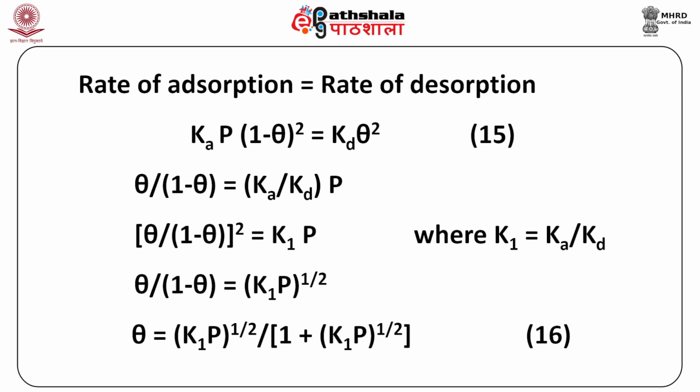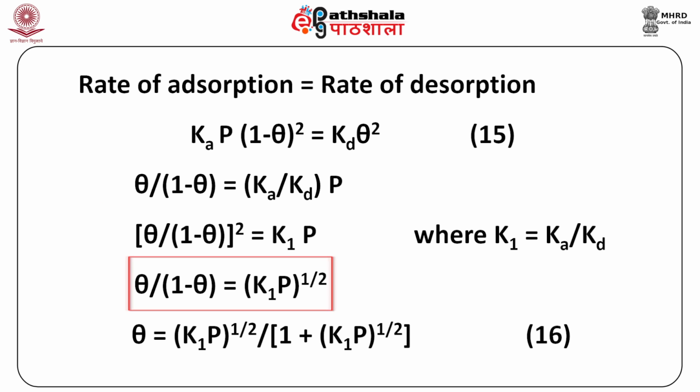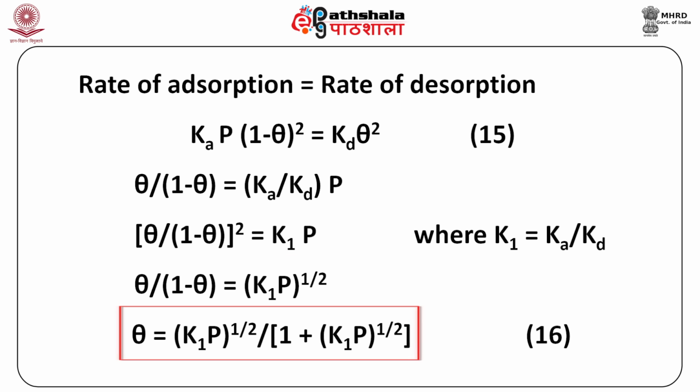At equilibrium, the rate of adsorption equals the rate of desorption, that is Ka P into (1 minus theta) square equals Kd theta square, as equation 15. Solving for theta, we have theta upon (1 minus theta) whole square equals Ka by Kd into P, or theta upon (1 minus theta) whole square equals K1P, where K1 equals Ka by Kd, or theta upon 1 minus theta equals under root K1P, or theta equals under root K1P divided by 1 plus under root K1P